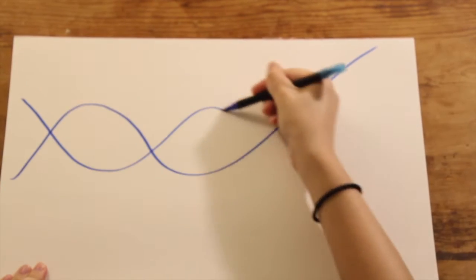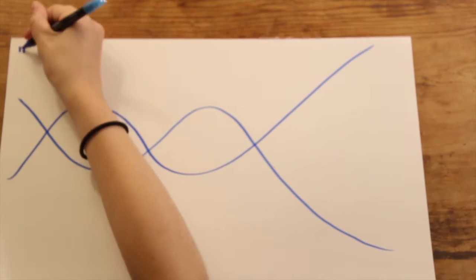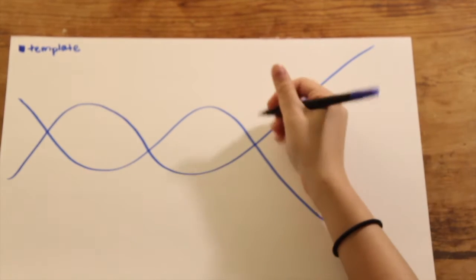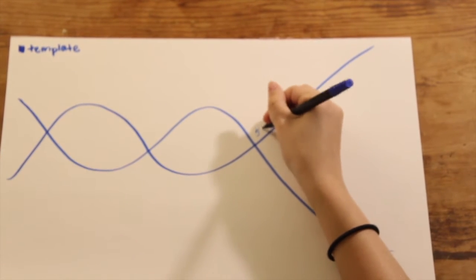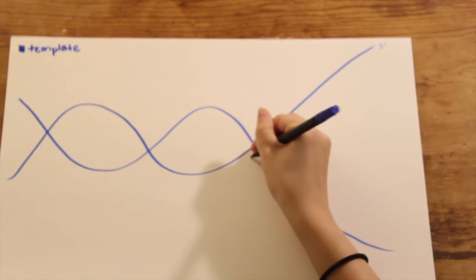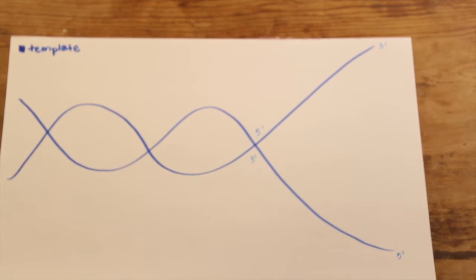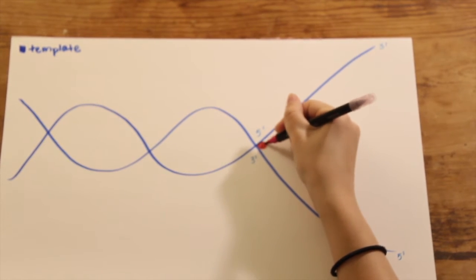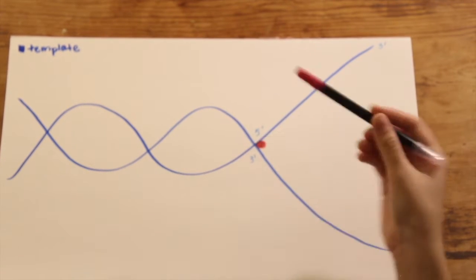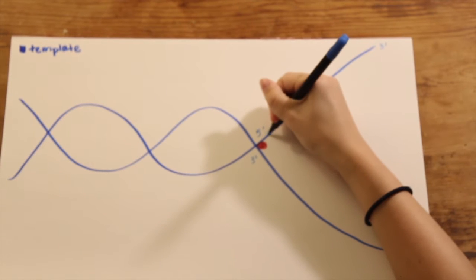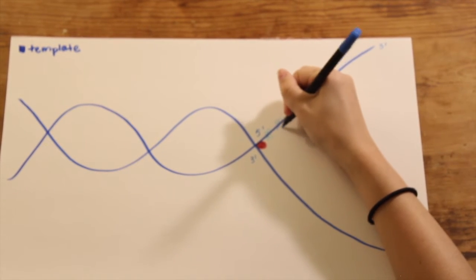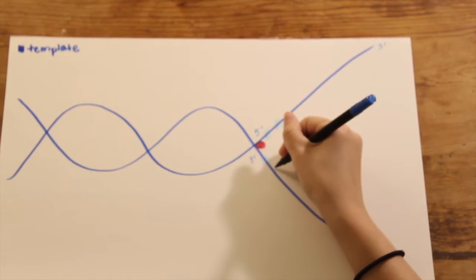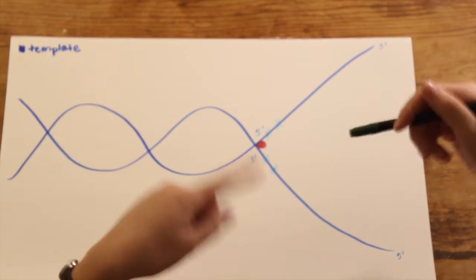The two strands of DNA are anti-parallel, so they'll be going in opposite directions from each other. I'll make the top one the 5' to 3' strand, so it follows that the bottom will be going in the 3' to 5' direction. Right at the point of the fork, I'm going to put our first enzyme, which is helicase. Helicase unwinds the DNA by breaking the hydrogen bonds between nucleotides and thereby moving the replication fork in the 5'